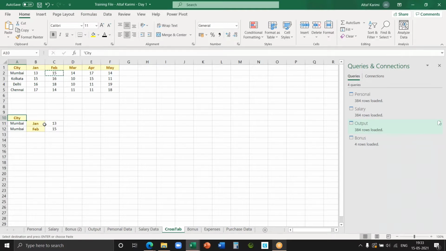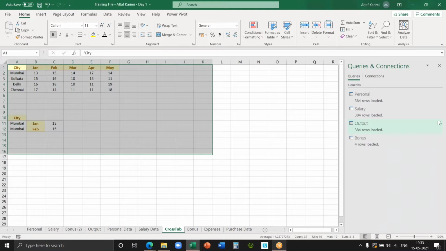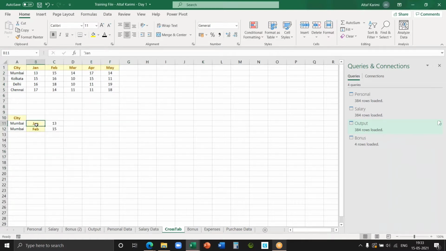So how will we do it? In Excel, if I do it manually, you will go crazy, guys. It will be a big table, then what will you do? So the second thing is, I remember last month somebody came to me for this, and I suggested they use Power Query, but they asked, is there any other way? I said, you can write a macro for this. You can write a code for this.